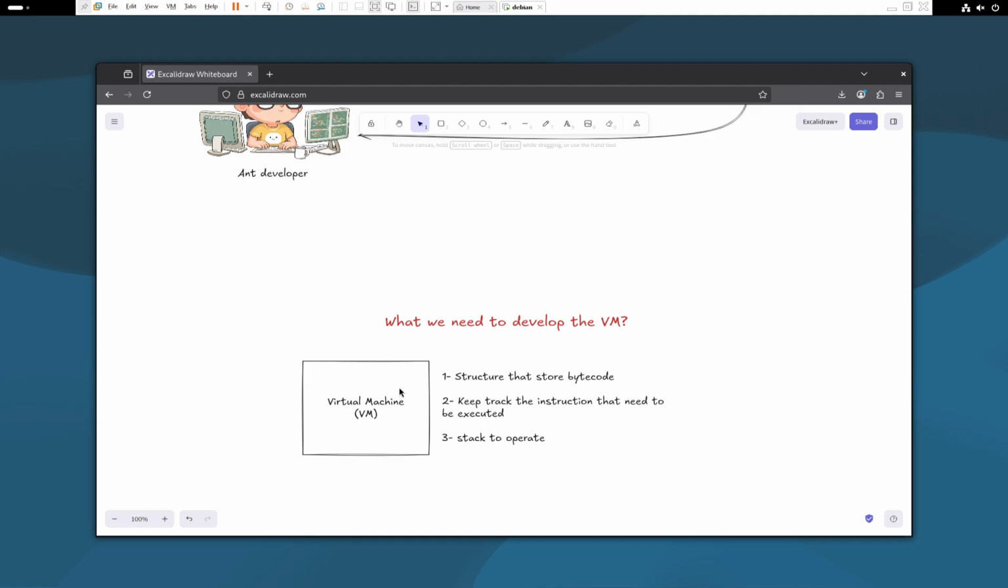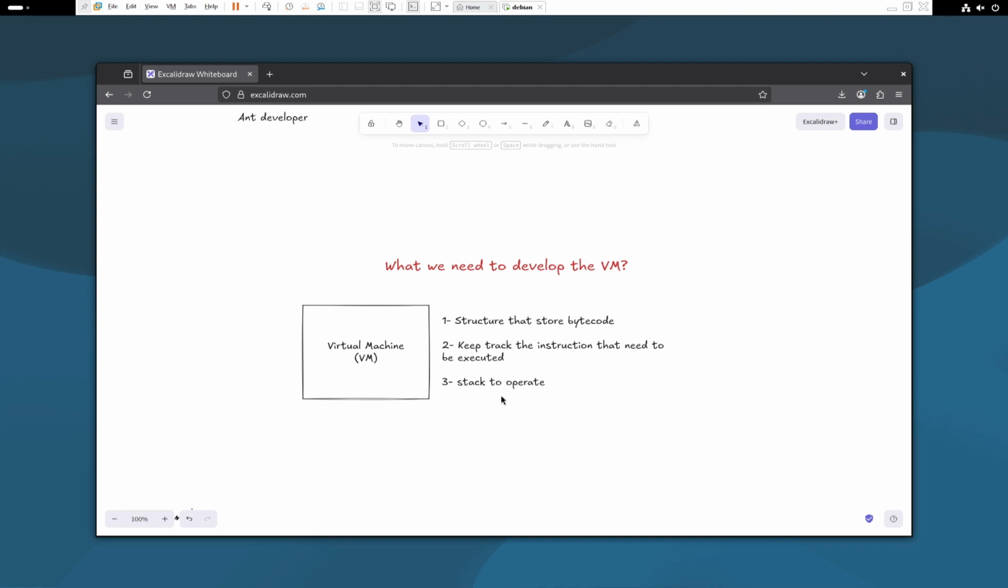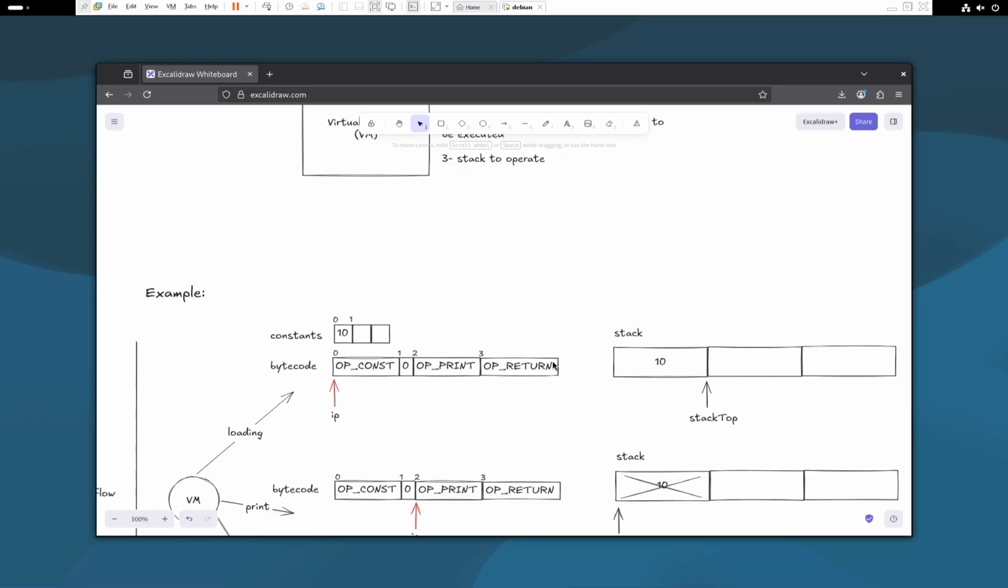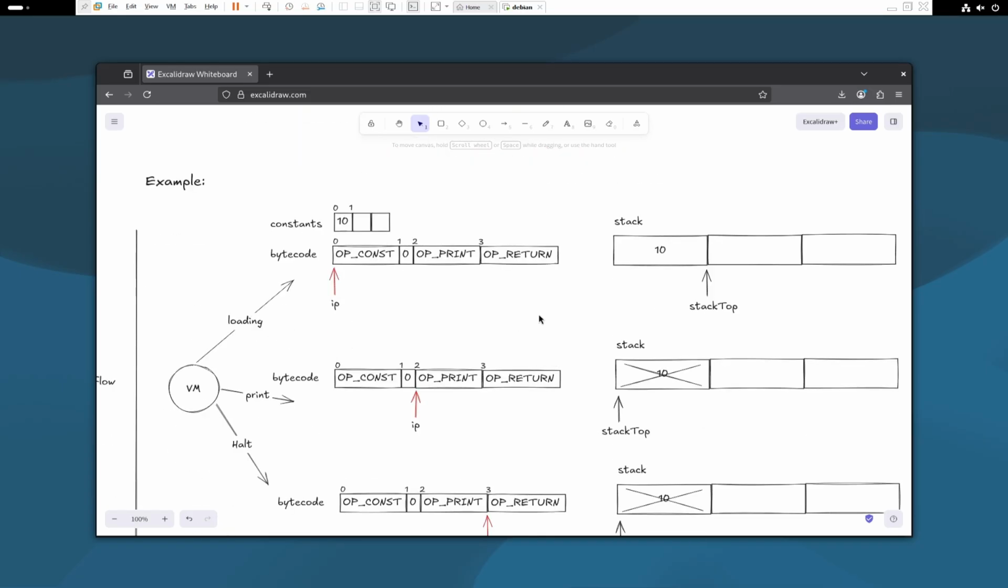So the question that we need to pose in this video is what we need to develop a virtual machine or VM. We have three things. The first one, we need a structure that stores the bytecode. This structure will be accessible by the VM. Also, we need some kind of tracker that tracks the instruction that the VM needs to execute, and then the VM should have some stack to do operations. So I put here an example of